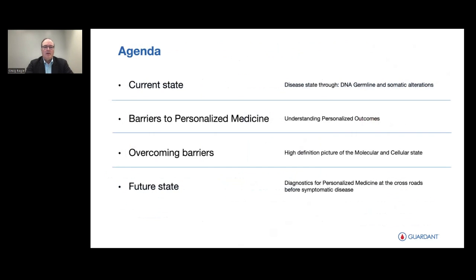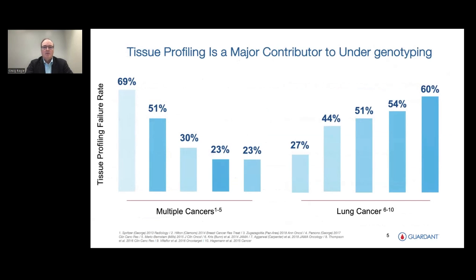So now as we think about the types of testing that are available today for personalized medicine, we need to think about what the limitations and barriers are to that particular type of testing. So when we think about tissue biopsy in solid cancers, I've already mentioned that it's a biopsy that may have sampling error. And in particular, if you start to look across solid tumors,